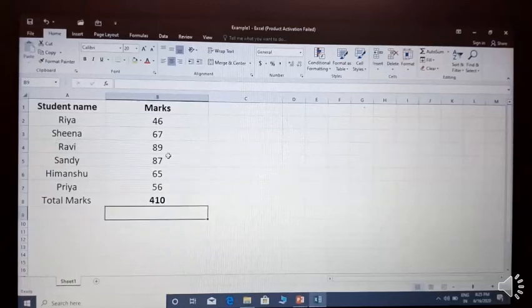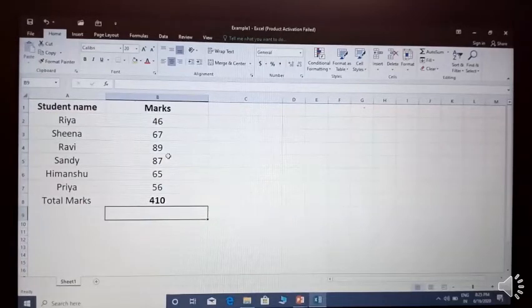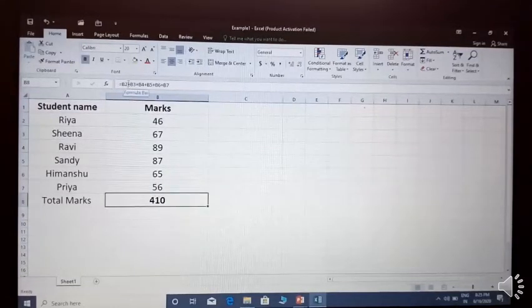So what are we doing in this example? This is called a basic formula. What is a basic formula? A basic formula involves only one type of operator in it. Have you seen the formula? In this formula, we are using only the plus sign, only one operator. So this is the basic formula where we use only one operator. In the next example, I will show you how you can use a compound operator. I will use more than one operator in my example.